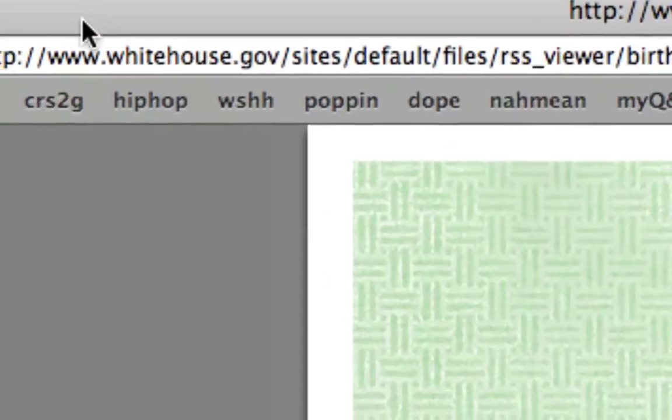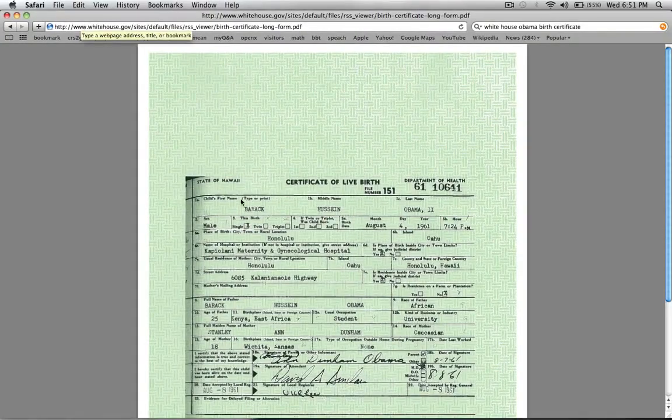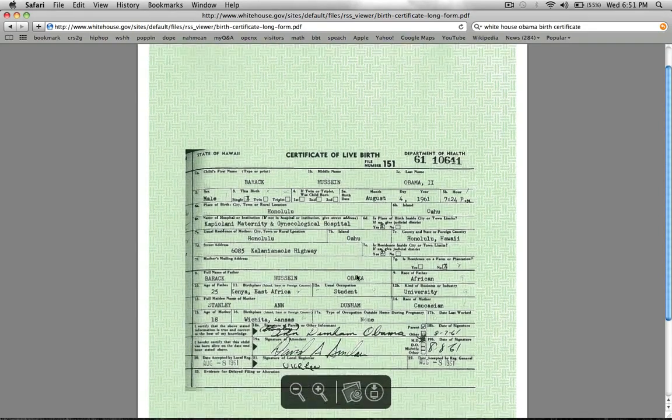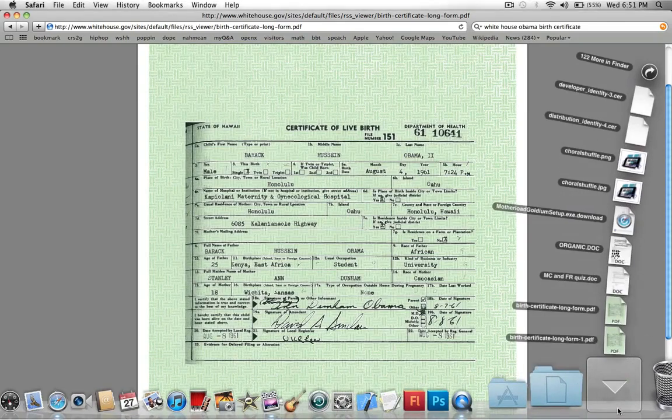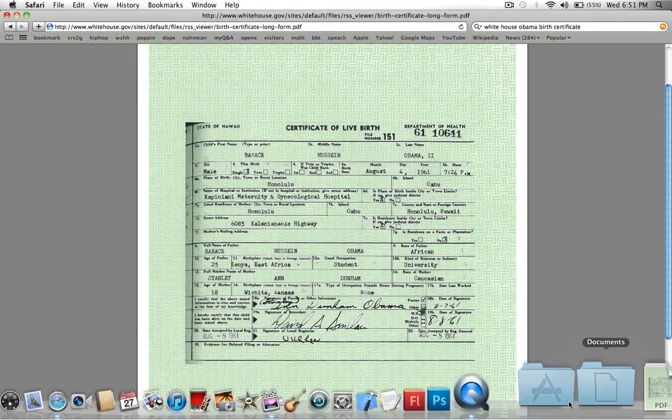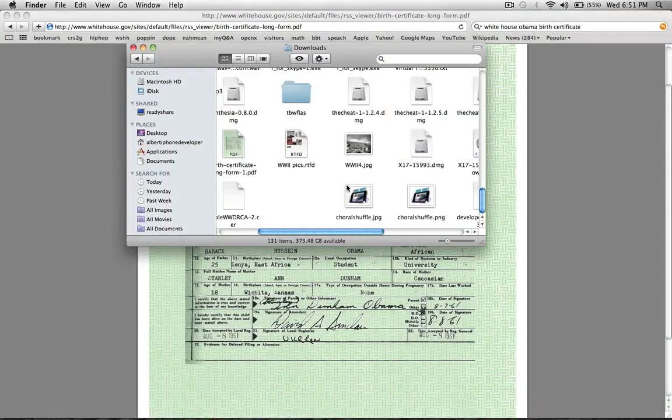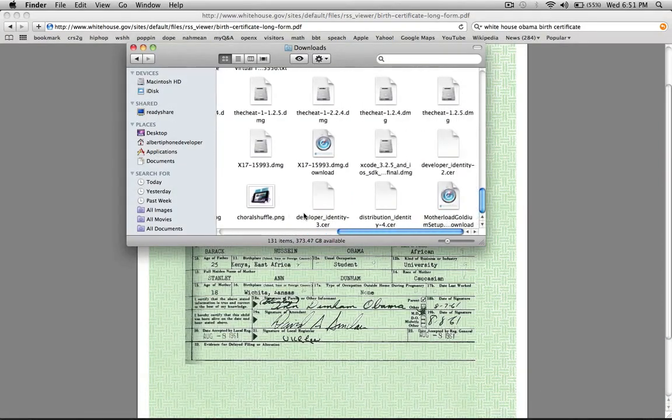Still on whitehouse.gov, might I add. This is the birth certificate in PDF form. Now, the interesting thing about, I'm just going to go ahead and download this to my computer real quick. Save PDF to download folder. There it is. The interesting thing about PDF files, if you didn't know, is that PDFs are run through Adobe